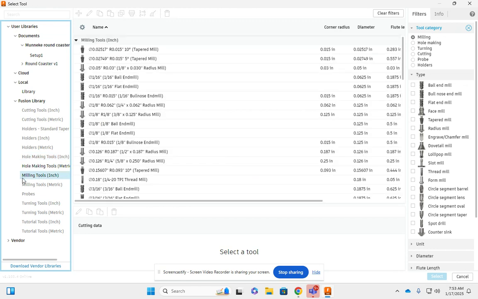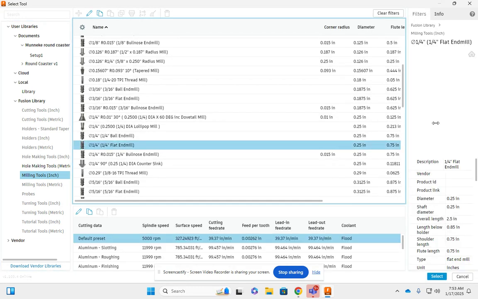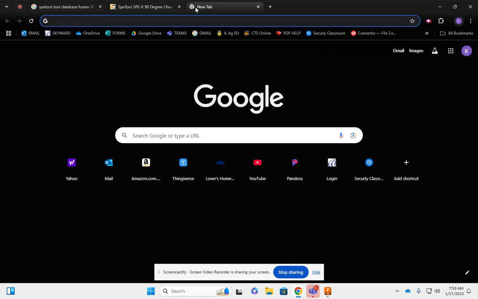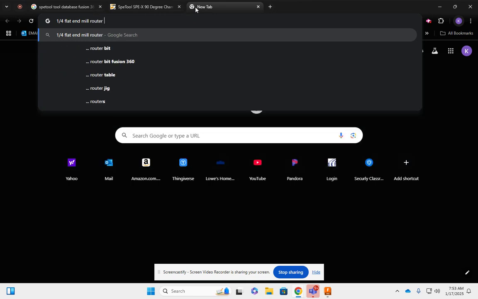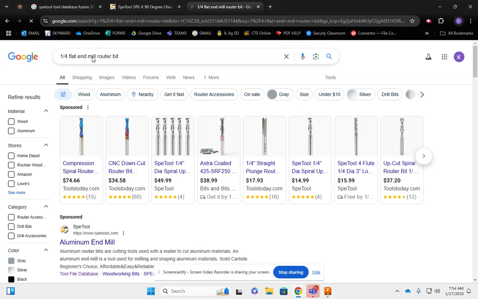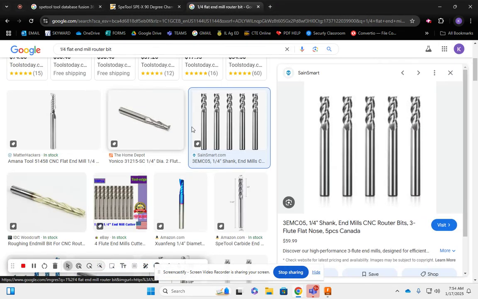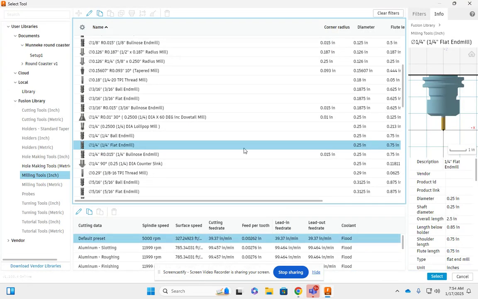When you click over to milling tools, I'm in inches, so this is kind of the Fusion libraries. You might have to turn it on. Now I'm going to scroll down. You can see they're in order. I like a 1/4 inch flat end mill, and to understand what that looks like, they have different kinds, but essentially the one I'm going to use looks similar to this. So I'm going to select that